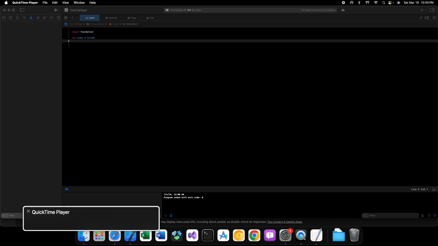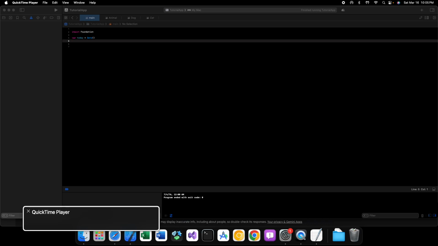Now, we know that dates are a point in time, but oftentimes when we print them out to the console, we get the default string representations of them. They're not exactly in the format we might want them to be in. So that's where DateFormatter comes in. With DateFormatter, we can format our dates the way we would like them,